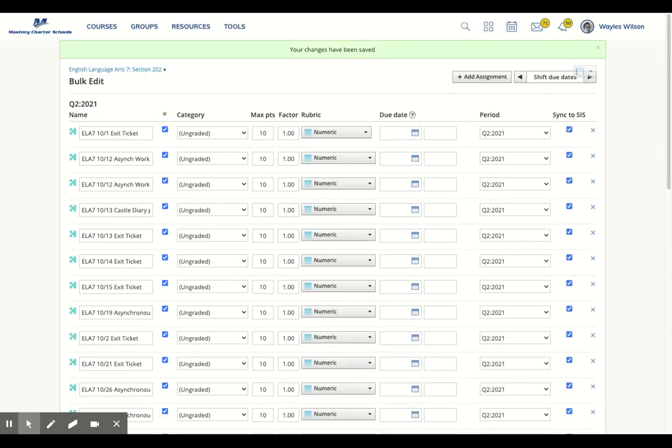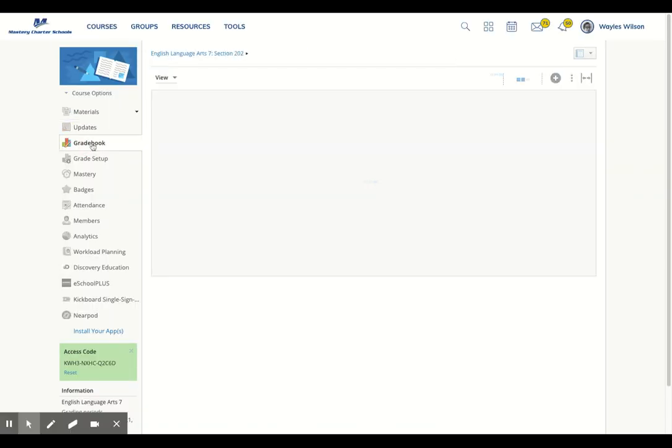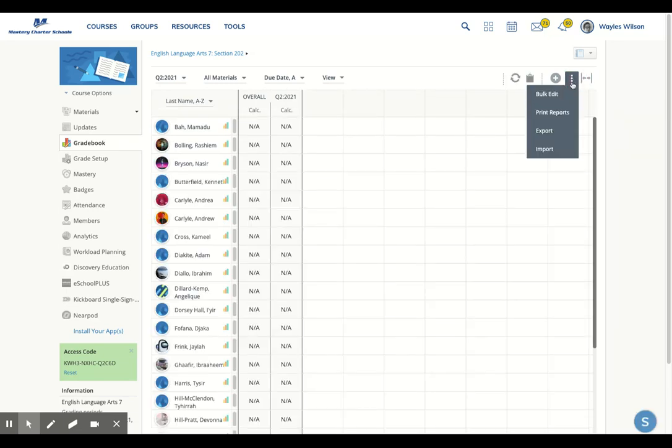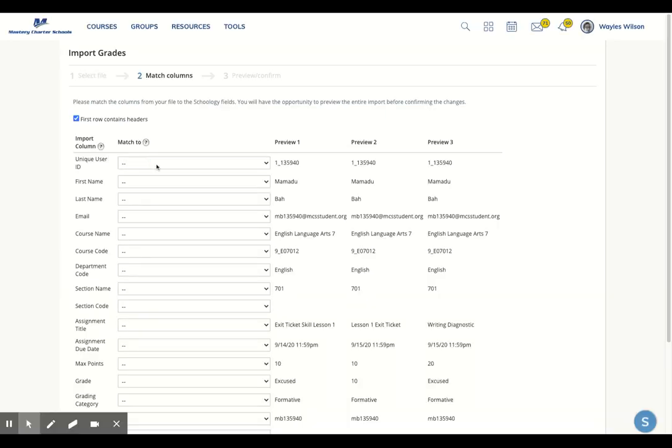And then what you'll be able to do is navigate back to your gradebook. Click on the triple dots and select Import. And you're going to want to choose the file that we downloaded previously. And you're going to have a few categories to select. So for example, you're going to want to make sure that